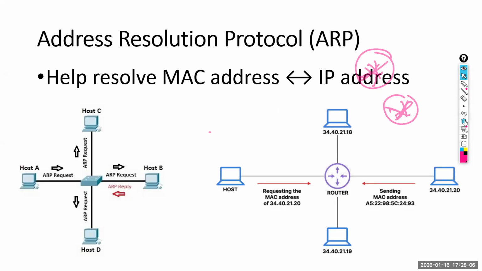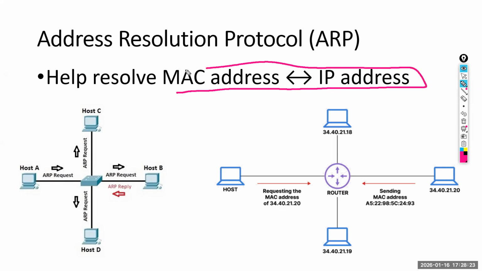Right. What does the ARP protocol do? Address Resolution Protocol. This protocol can convert your MAC address to an IP address or an IP address to a MAC address. This way or that way. So remember when you connect your machine to a network,